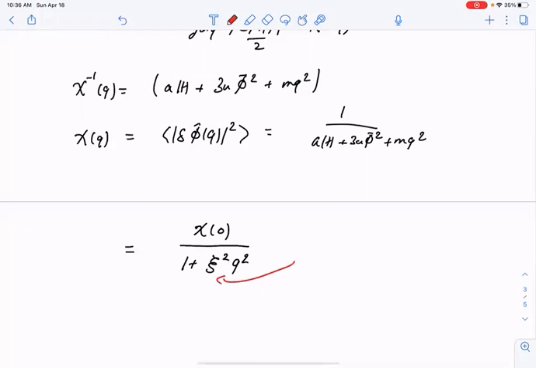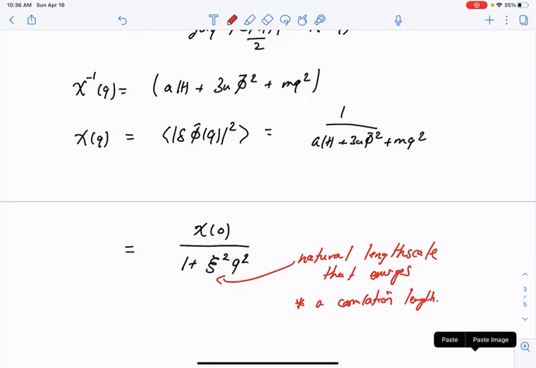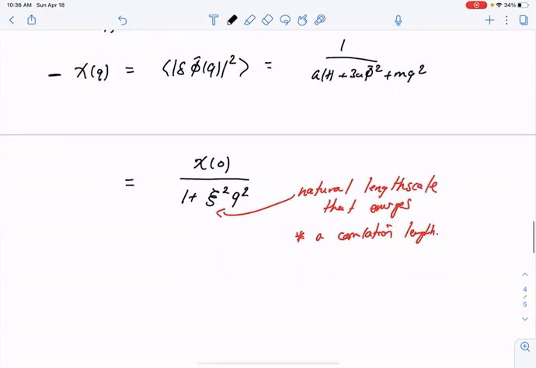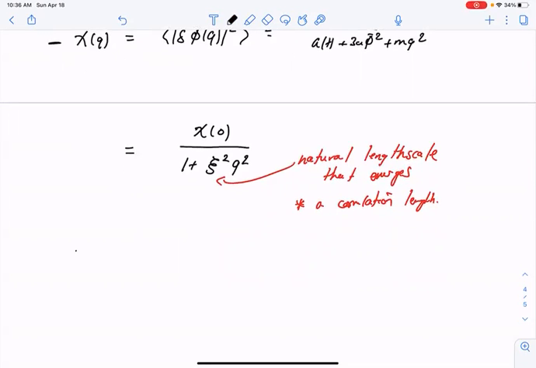So there's a natural length that emerges, which tells us how fluctuations in Fourier space are peaked, or how fluctuations in real space are correlated. So this is a natural correlation length. If we go through and explicitly calculate from this expression right above what the form of this correlation length is,